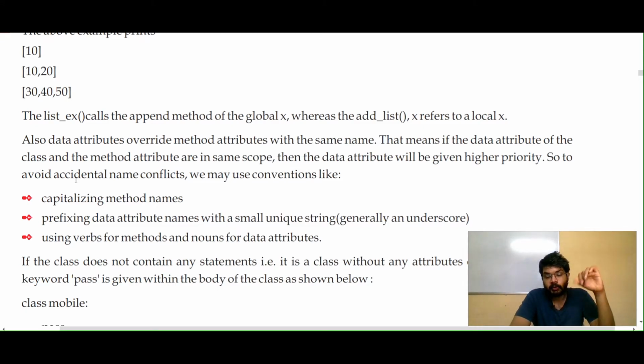Now, to stop a class from overriding the functions or attributes of another class, we use certain conventions followed by programmers all over the world.